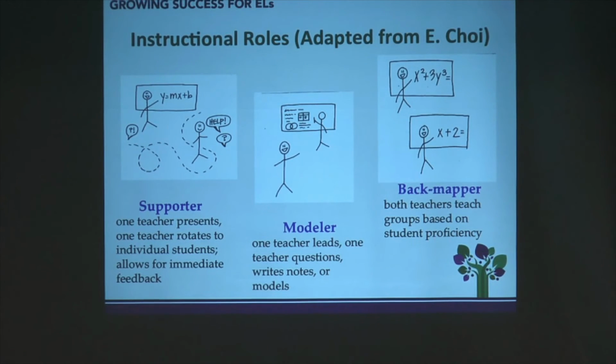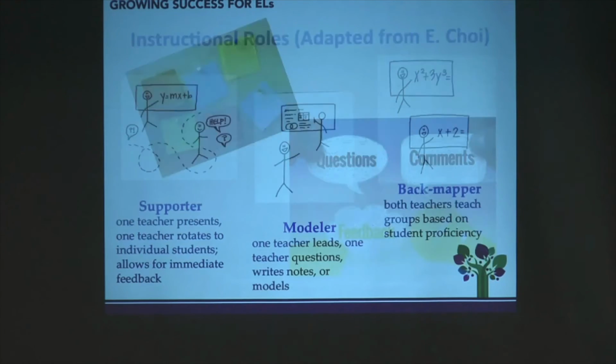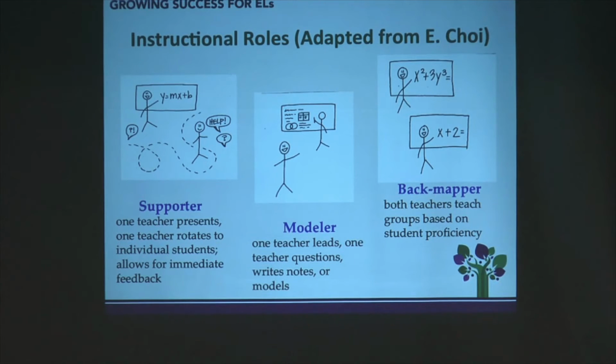Oh, and there is, oh no, did we already go through all of them? Yes, we did. Oh, there's more here. The supporter, the modeler, and the back mapper. I apologize, I think I mixed it up a little bit. So there's one more role, the back mapper. Recognizing that many of our English learners are multiple grade levels below where the general education students might be, and for them to back map the curriculum and to teach foundational skills is going to be an essential part of the co-teaching configuration.